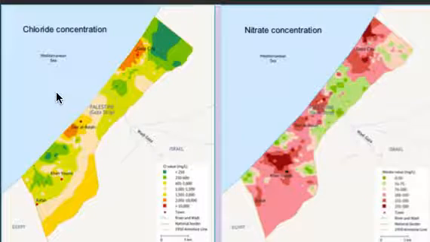So on the left here, we have chloride concentration, and studying that allows people to monitor the quality of the aquifer in relationship to its salinity. The World Health Organization determined that water that has chloride levels less than 250 milligrams per liter is considered safe for human consumption. On this image, the less than 250 is the dark green, which is not a lot